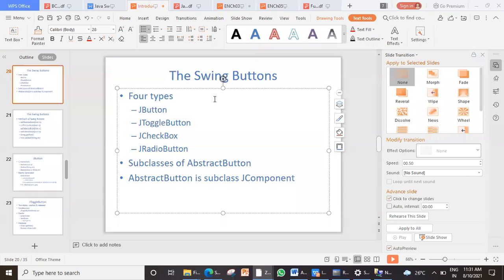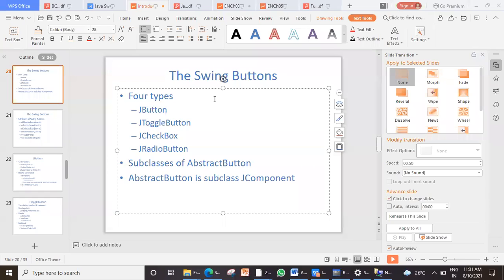We are going to get quickly introduced to each of these components, properties, methods, and then we will see programs based on each of these. Although nobody will expect so much in depth from you as far as the exam is concerned, which is doubtful again. But anyways, we never know. RCU is known for surprises, so better be prepared. And from a knowledge point of view, it is important because you will never learn this again in the syllabus.